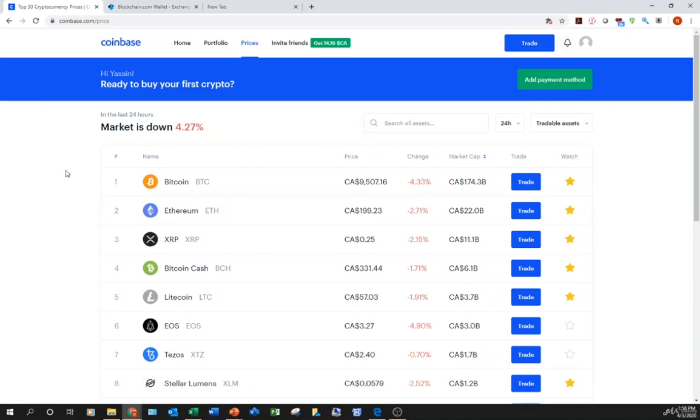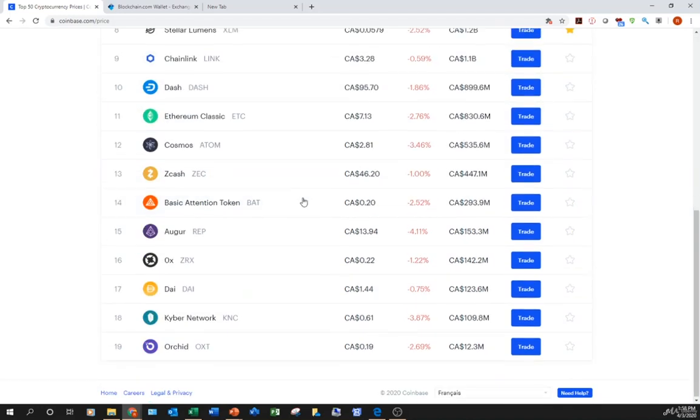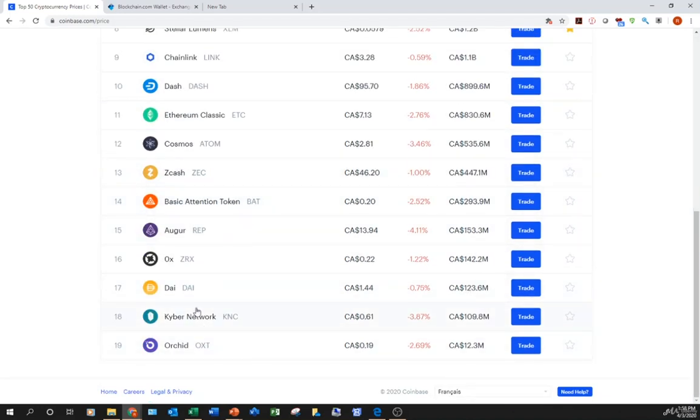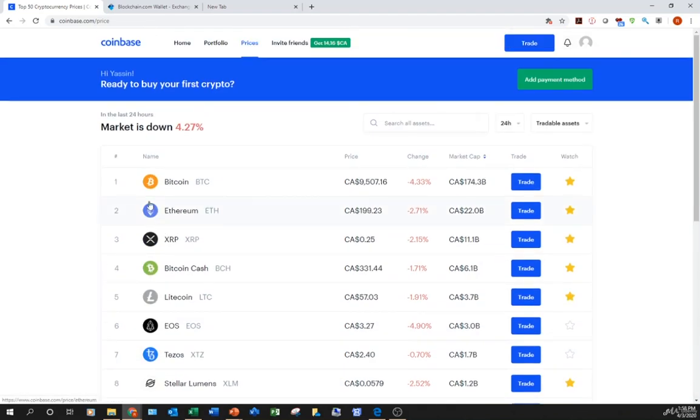Besides that, you have all your prices here. For all the cryptocurrencies, for the moment, they have only 19, as you can see. It varies. Sometimes they add some new cryptocurrencies, sometimes they delete some of them. So yeah, it's really what's cool with Coinbase, that, as I said, it's a platform that you can